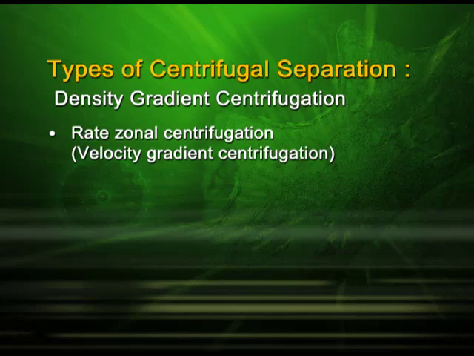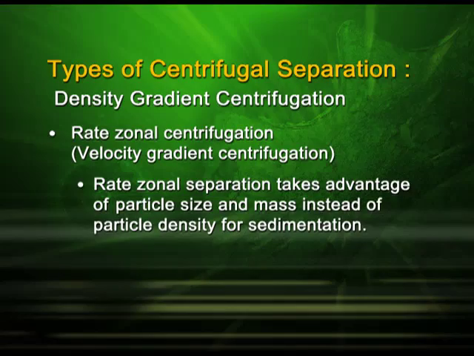The density gradient centrifugations are of two types. One is rate zonal centrifugation, second one is isopycnic centrifugation. Now, let us discuss rate zonal centrifugation, or otherwise known as velocity gradient centrifugation. In rate zonal centrifugation, as you all know, it is a type of density gradient centrifugation. So, already a density gradient media will be placed inside the centrifuge tube. Now, what we do is, the solution to be separated is kept on the top of the tube